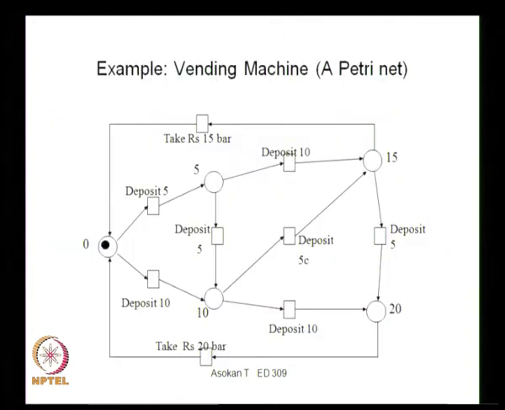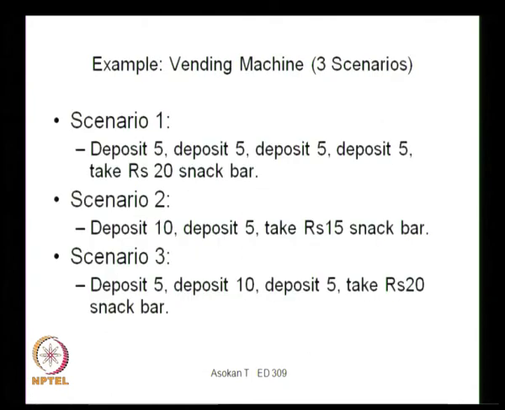Here you can see that this is the vending machine PetriNet. Here you can see the situations that you can deposit a 5 coin or a 10 coin. So these are the options, and there are different loops. You can go through any one of these loops, that you can go to the deposit 5, deposit 10 and deposit 5 loop, or you can go to the bottom one, deposit 10 and go to the 20 loop. So that way we can have different options. So we will just show a few cases how we represent this kind of scenario using a PetriNet.